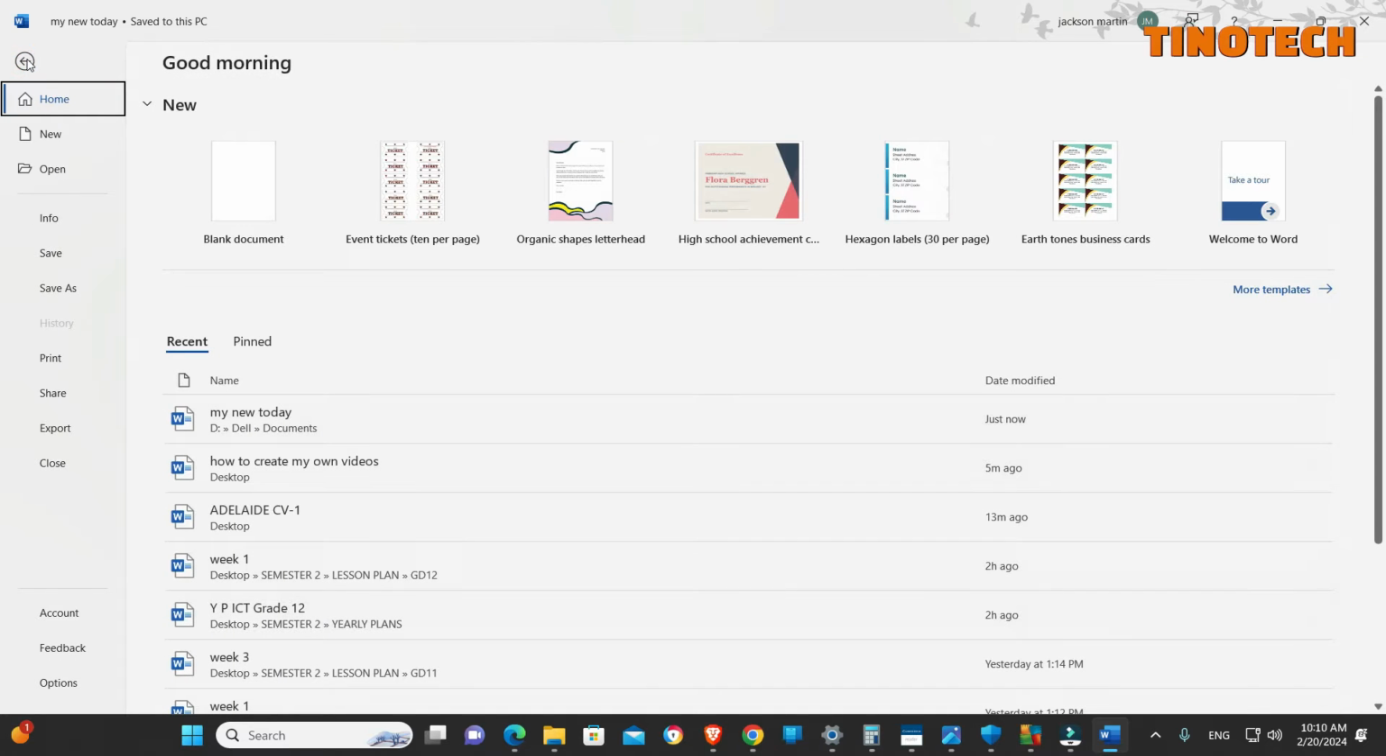When you click on File, it takes you back to where we were in the beginning when we opened the Word document. So you will see New, Open, Info, Save As, Save, Print, History, Share, Export, Close, Account,